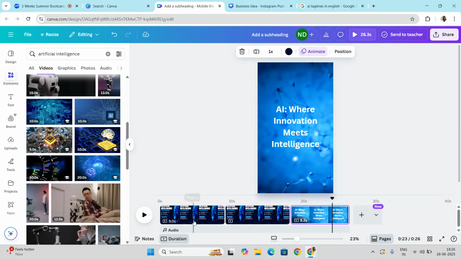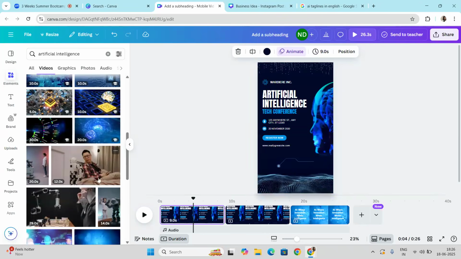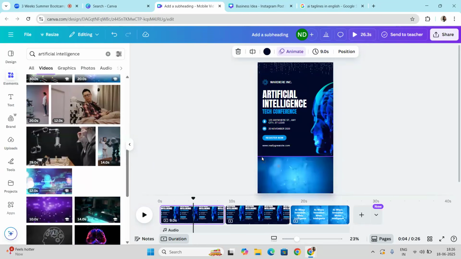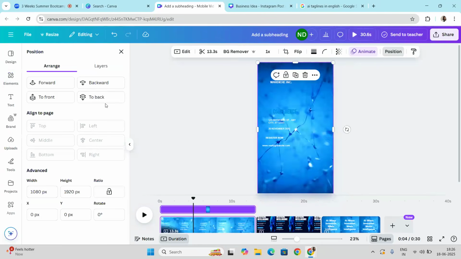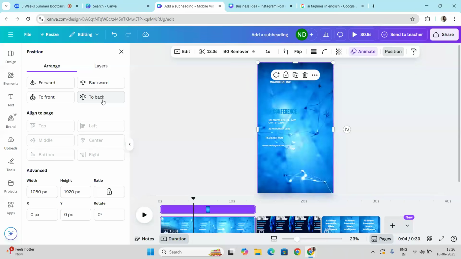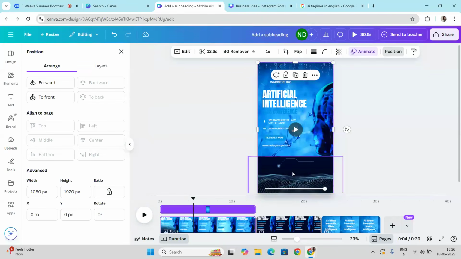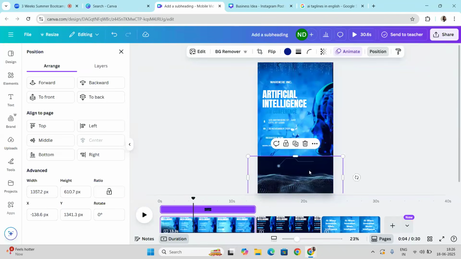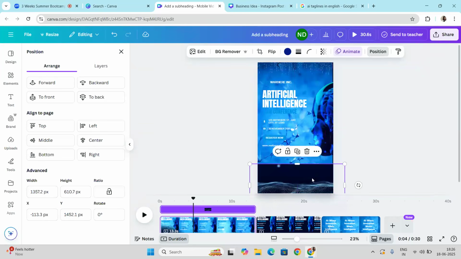Yes, you can change it anytime. If you want to add this video in this page, you can add it like this, from the position section. You have to take it to the back. I have added it, and now you can see some of the content is being covered by this. So you have to go to the position section and take it to the back. Now you can see this part is taken here, but again it's placed like this, so you can remove this or use it accordingly.